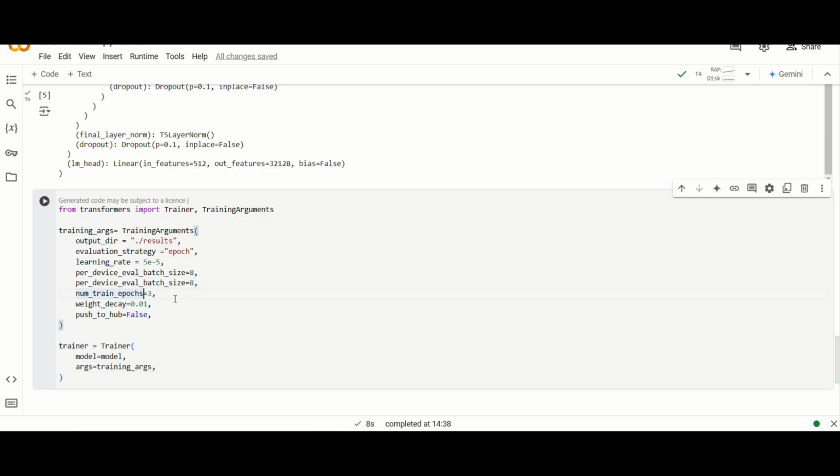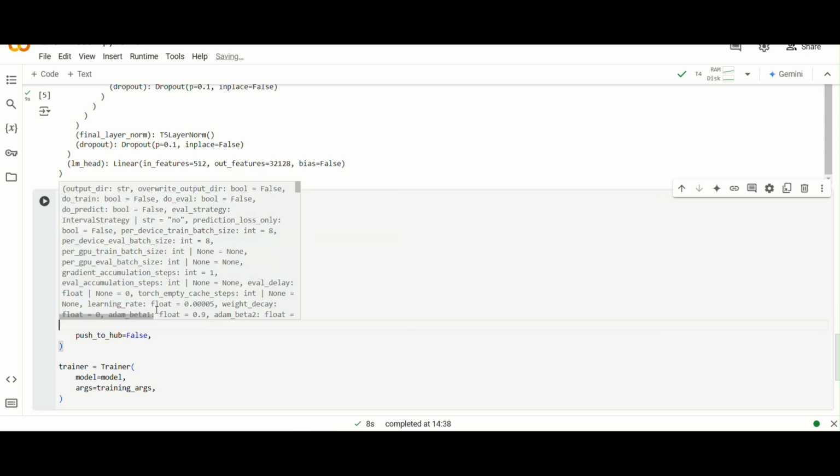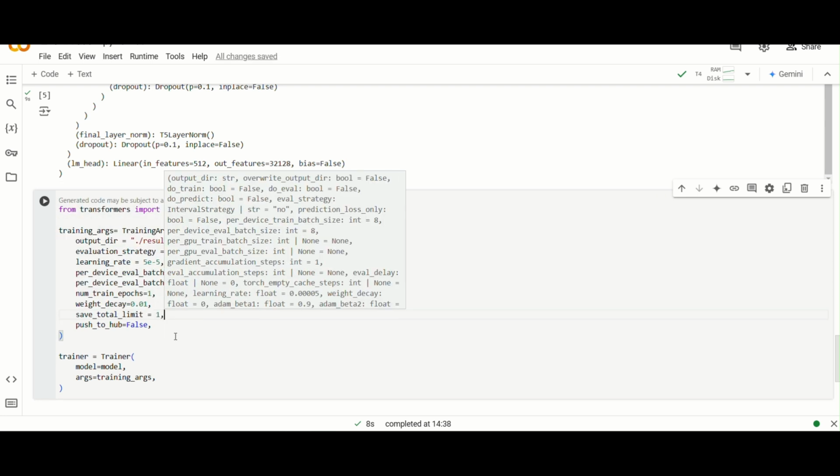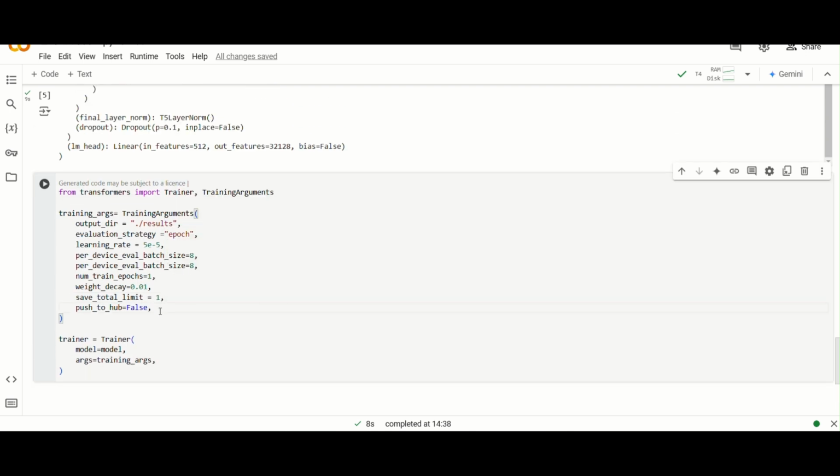Now I will just fix it. The number of epochs can be 1 or it can be 3. Let's do 1 to save time, but you can make it 10 or 100. Weight decay 0.01. Save total limit can be added here, save total limit 1. Okay, FP16, and logging directory logs. The Trainer takes the model, the training arguments, the train dataset, the eval dataset, and tokenizer equal to tokenizer,